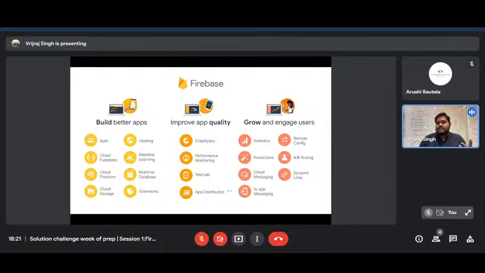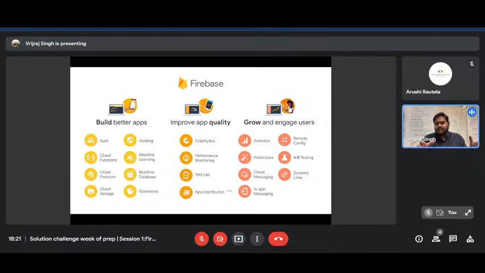You can use the service for prediction. You can send push notifications with the help of Firebase Cloud Messaging. You can send personalized marketing campaigns with the help of in-app messaging. So we have a lot of services like Remote Config, A/B Testing, and Dynamic Links. So Firebase is just like a full bundle. You just need to focus on the front end part. You can connect your front end with Firebase, and you don't need to worry about the back end logic.